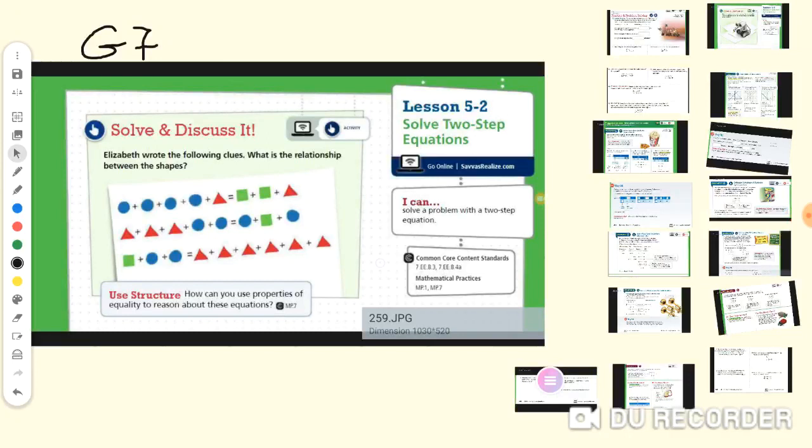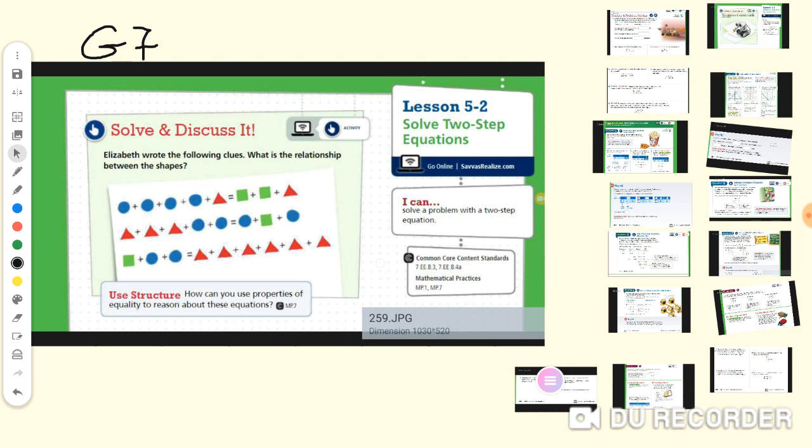Hello, grade 7. The lesson today is solve two-step equations. As we studied before, we learned how to write verbal or word problems into an equation. This time we want to know how to solve it. Last time we didn't solve the problems. We just wrote the expressions and the equation. In this lesson, inshallah, we will learn how to solve